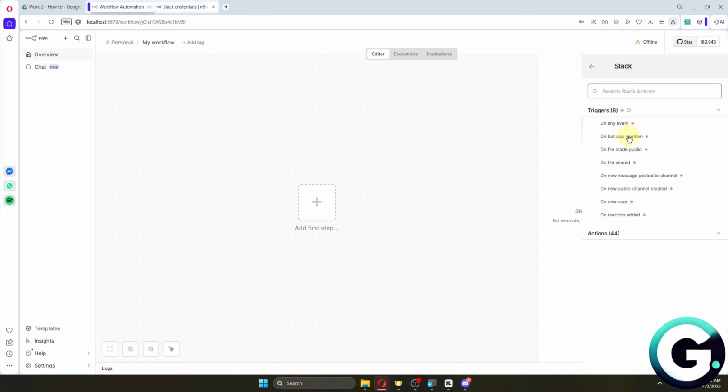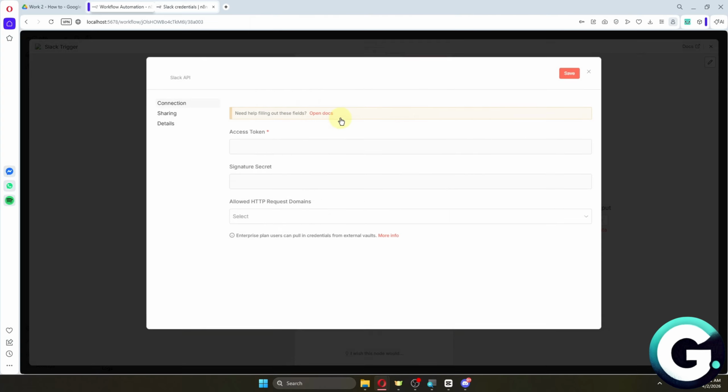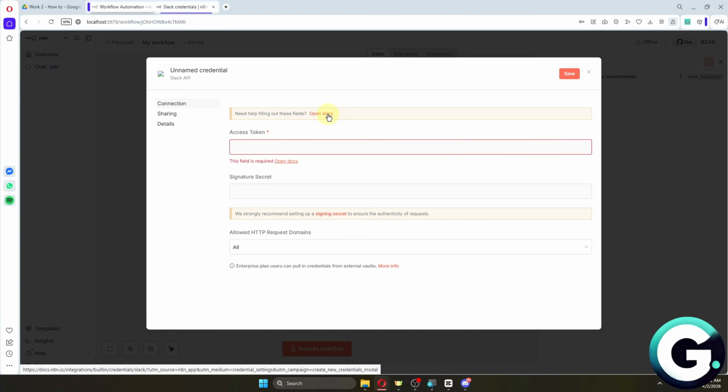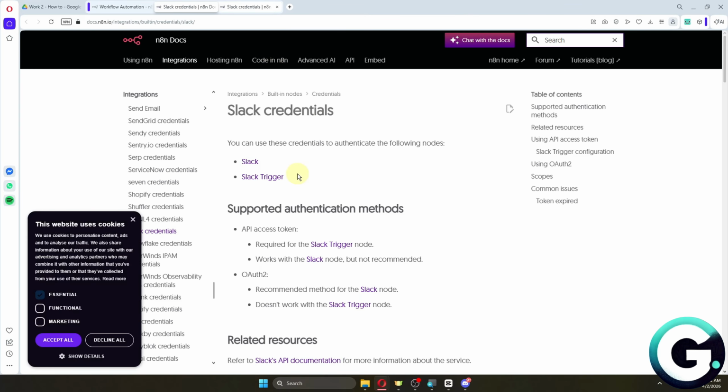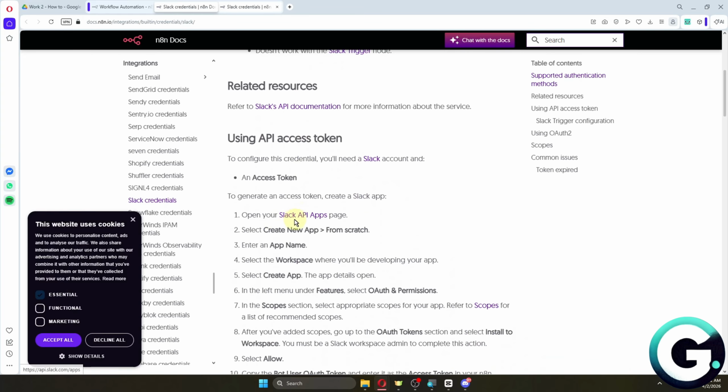Now that we have our trigger, you just want to click on the create new credentials. Basically, this is how we will connect our Slack to N8N right here. Now, if you don't know what you're doing, you just want to click on the Open Docs option. And then from here, you want to click on the Slack API apps, which will then take you